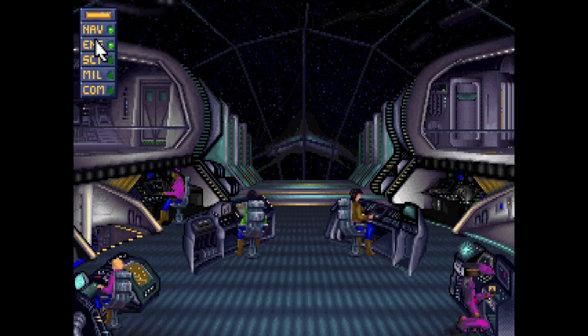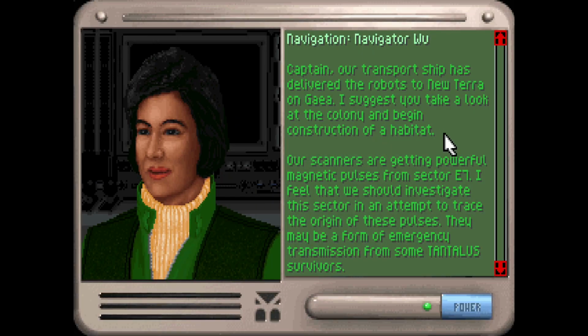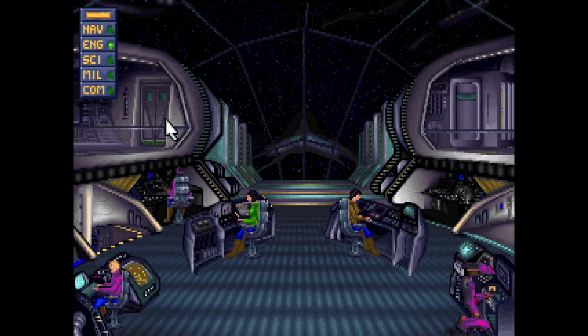Our transport ship has delivered the robots to New Terra on Gaia. I suggest you take a look at the colony and begin construction of a habitat. Our scanners are getting powerful magnetic pulses from Sector E7. I feel that we should investigate this sector in an attempt to trace the origin of these pulses. They may be a form of emergency transmission from some...